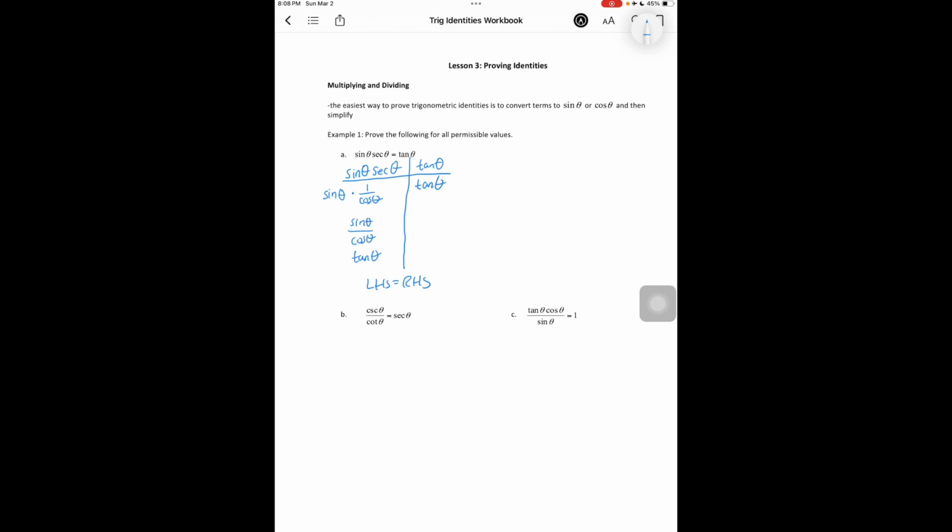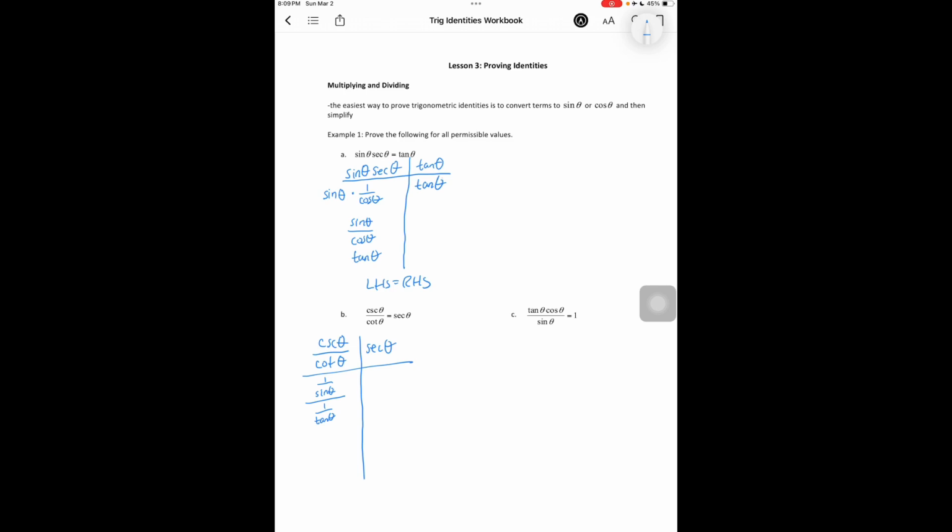So here, the next question, cosecant over cotangent equals secant theta. Exact same setup. So I'm just going to change the left side first. So cosecant is 1 over sine theta, and cotangent is 1 over tan. Yep. And then now, if we convert